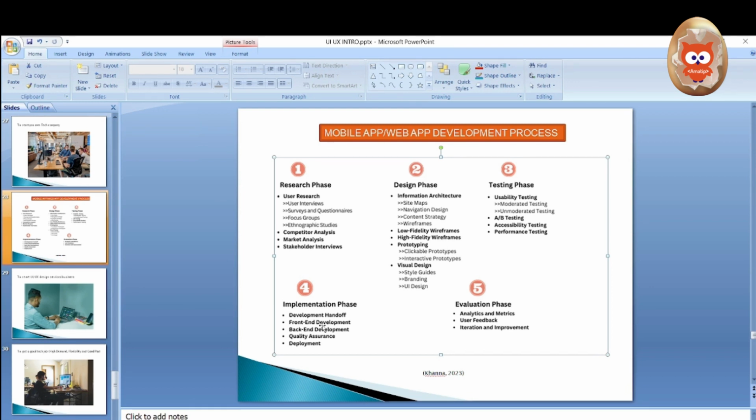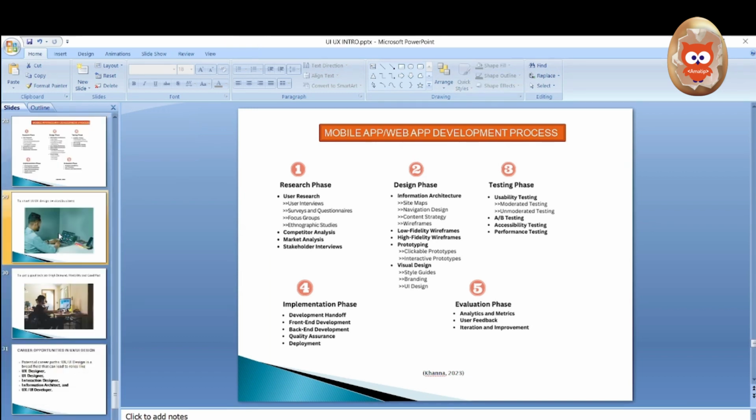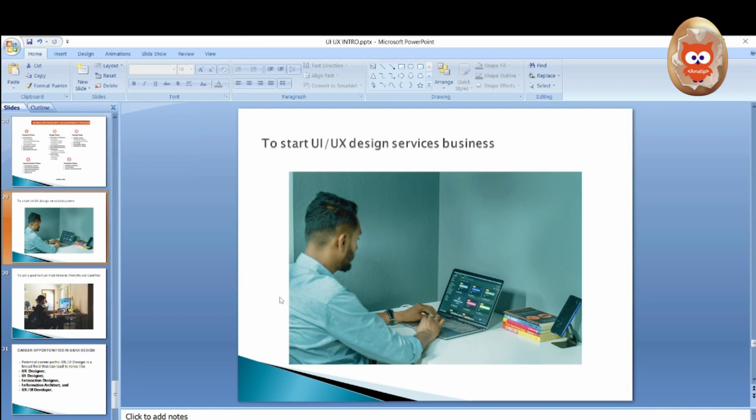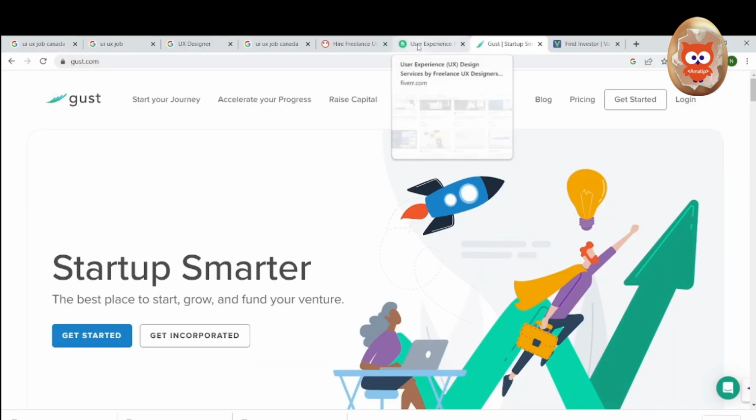like evaluating your product, getting user feedback, and making improvement on the product every time so that you can remain in the market. So let's move to the second reason, which is similar to our first reason, but here you are not producing any product. You are just specializing on rendering UI UX design service. So you can do this as a freelancer, and there are many platforms where you can do that as well.